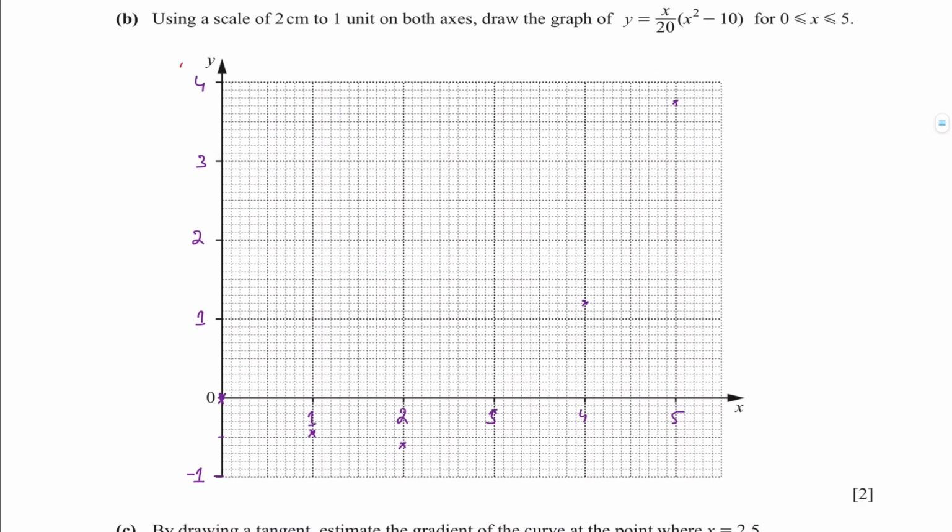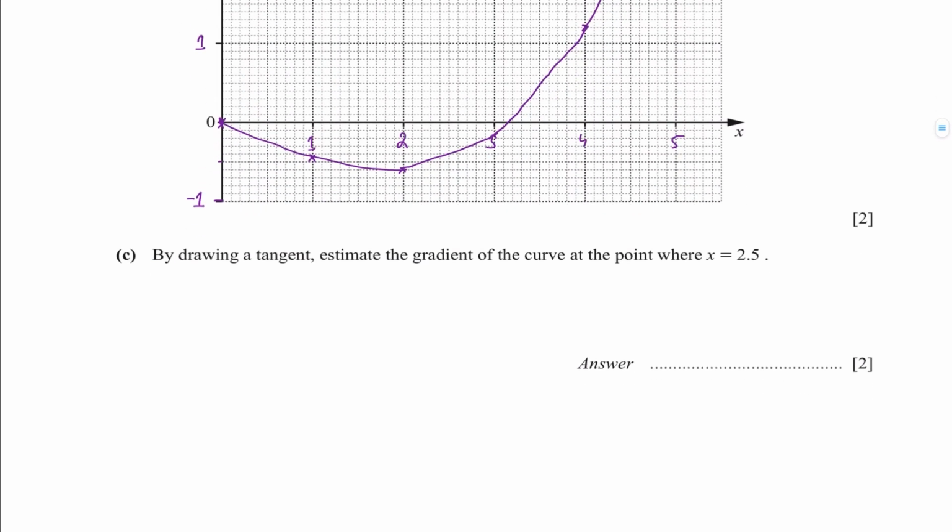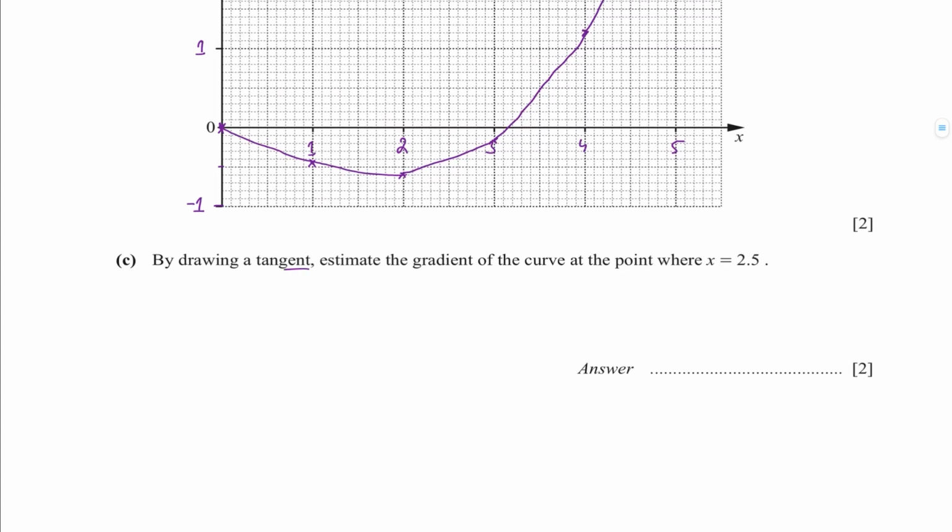Okay, so I'm going to try and join them with a smooth curve. So there you go, so far so good. Here's 1 point, oops, sorry. Okay, there you go. Now, the question says, by drawing a tangent, estimate the gradient of the curve